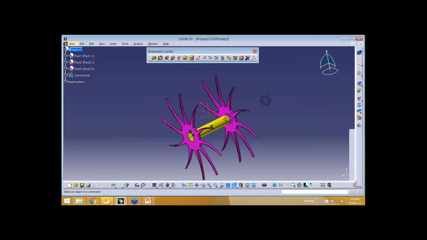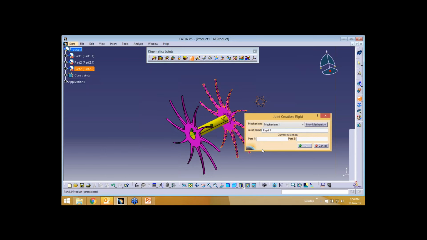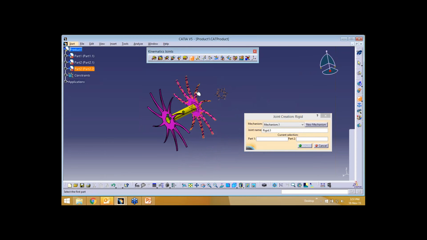We'll see how to do that. I'll delete these existing constraints. Now I'm going to make this wheel revolve along the blue shaft by using a revolute joint, and carry that revolute joint forward to this wheel also by giving a rigid joint.